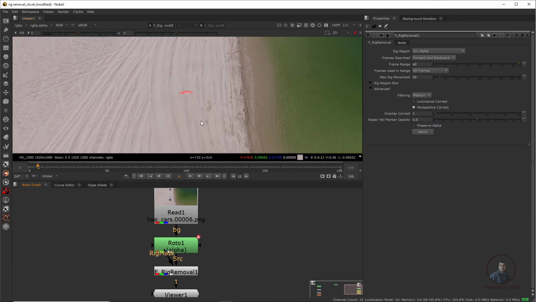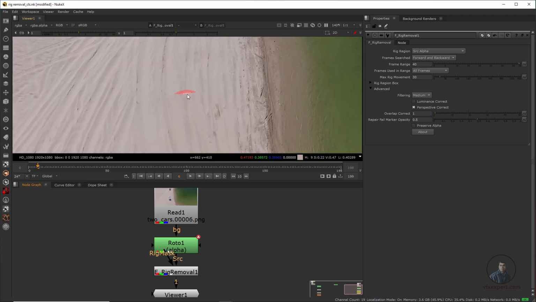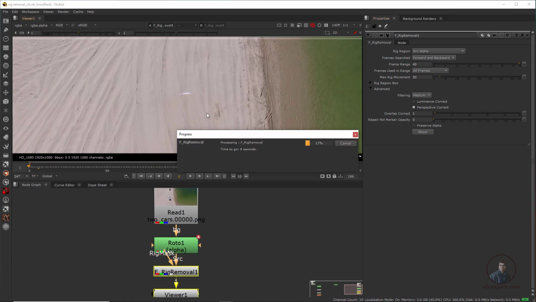Now, this totally depends on your object's movement. Maybe at the starting frames the object is not moving much in our shot. That's why we are getting some patch here, and also this red area. If you want, you can hide this red area, which is the repair field marker opacity. You can just make it 0, so it will not show you this red marker. This is the area which is not repaired or which is remaining. So you can see here. Now again come at frame start or frame 0. So how can we remove the remaining area from our shot?